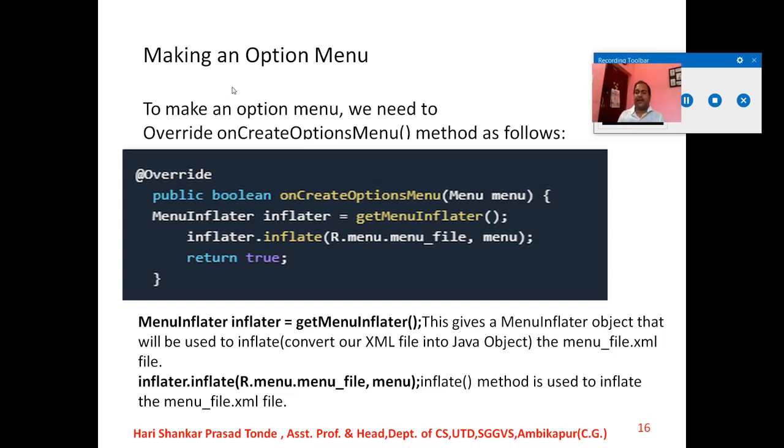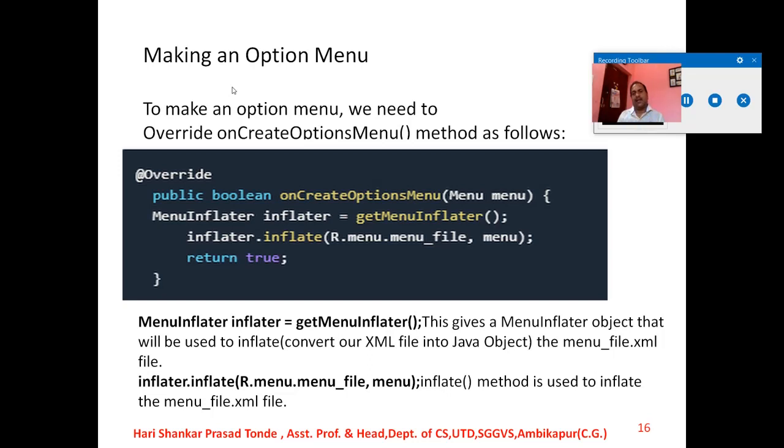To make an option menu, we need to override the onCreateOptionsMenu method as follows. You all know override means, in any object oriented programming language, when the same name of the function is used in a class and at the calling part the same function or method is used, then the body of the earlier function is overridden, means in place of that, a new thing is going to be printed on the screen.